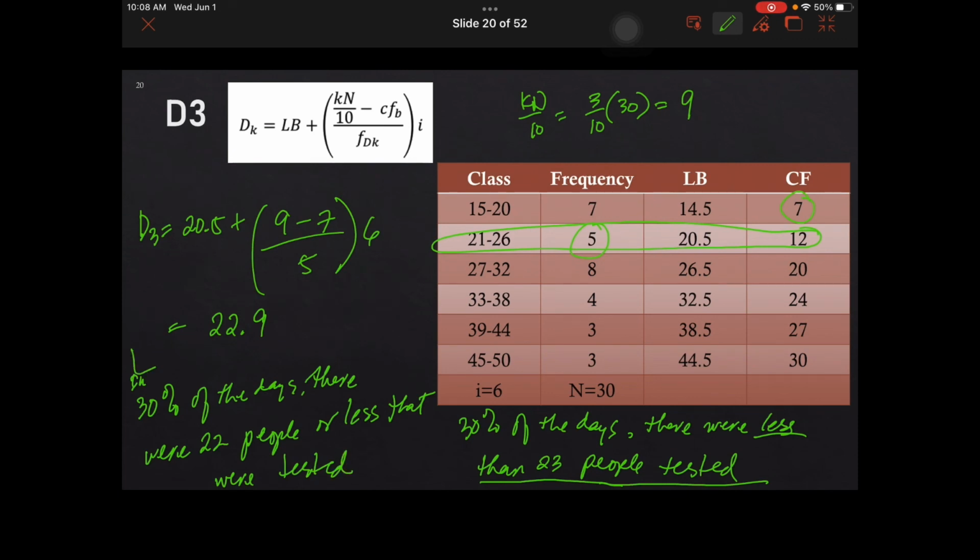Okay? So, I hope that you can see the difference. Okay? Ano lang naman yan? More on syntax. Pero, it's very important that you understand the difference. Dito sa isang interpretation na to, hindi kasama yung 23 kasi hindi naman siya talaga kasama. Kaya nga, less than 23 people. Pero in this case, since we rounded down, isasama po natin si 22. Kaya, there were 22 people or less that were tested.